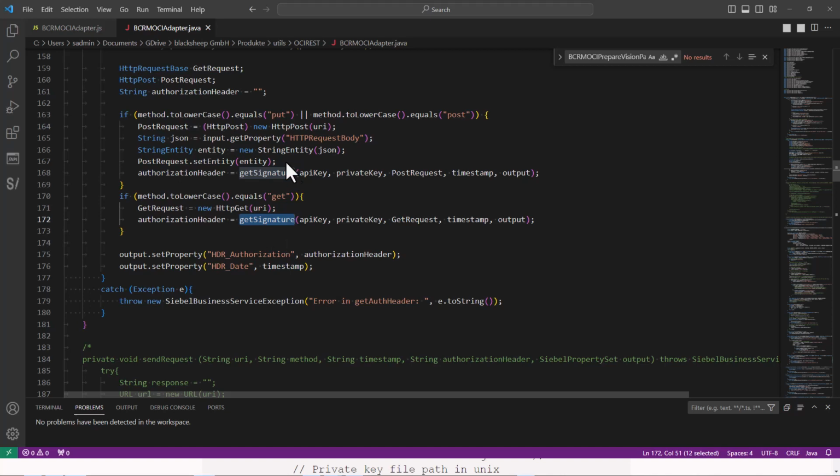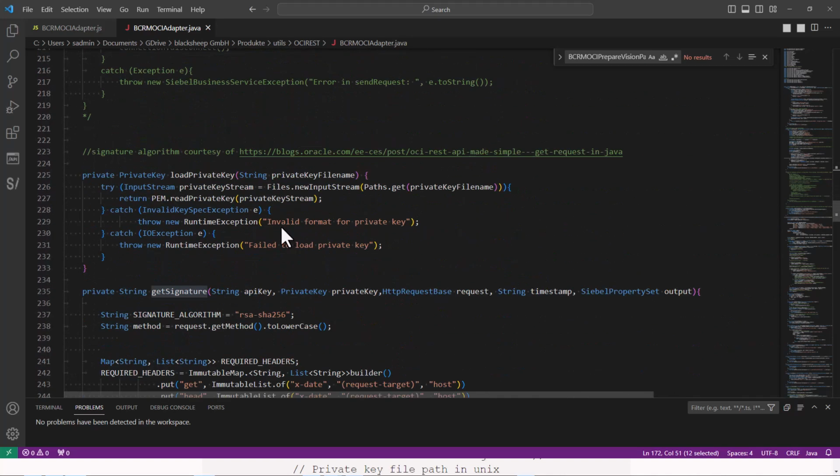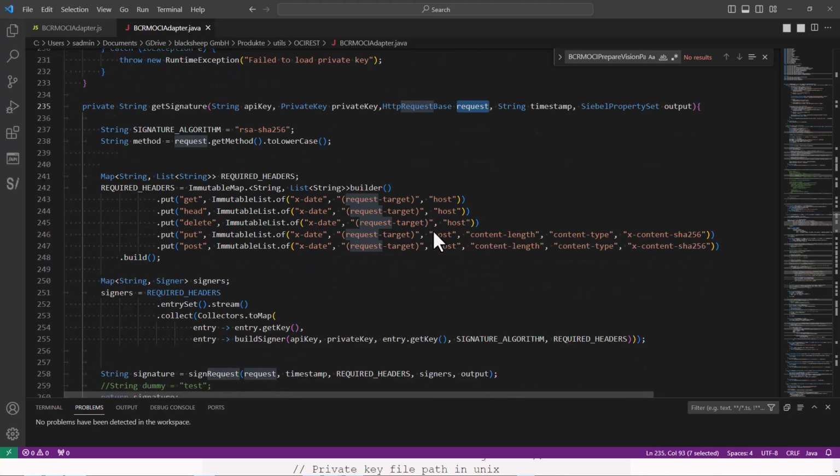Most of the get signature function is courtesy of Abhijit's code. So I used his code to create this Java Business Service, which can get the signature using these ingredients: the API key, which is already generated, the private key, and the whole request. It reads that request and basically prepares it to be sent, but it doesn't actually send it, because I just wanted a business service that returns to me